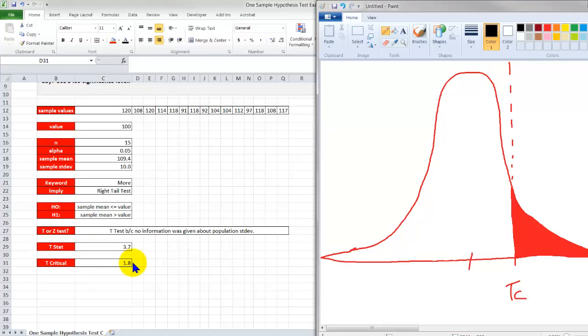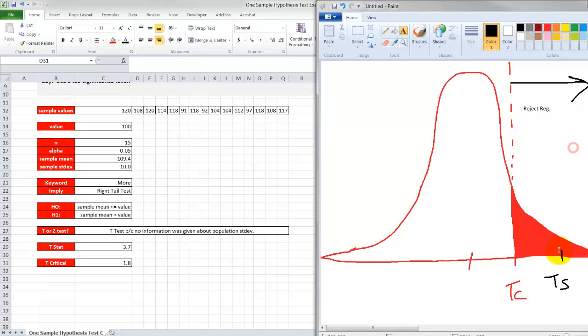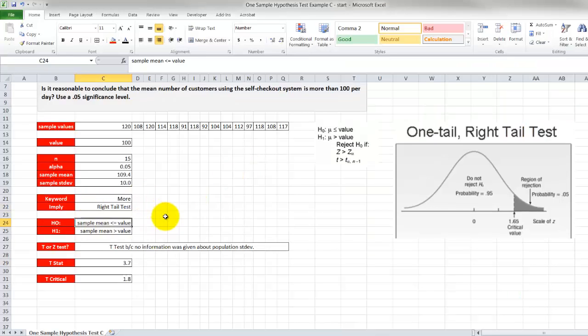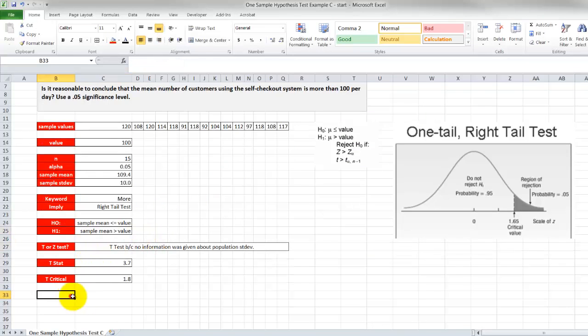Our test critical was 1.8. Our test statistic is 3.7. That means it's to the right. So TS is over here. This is the rejection region. So our test statistic is in the rejection region. So we're going to make a conclusion that we should reject the premise that our sample mean is less than or equal to the value. In other words, we can conclude,